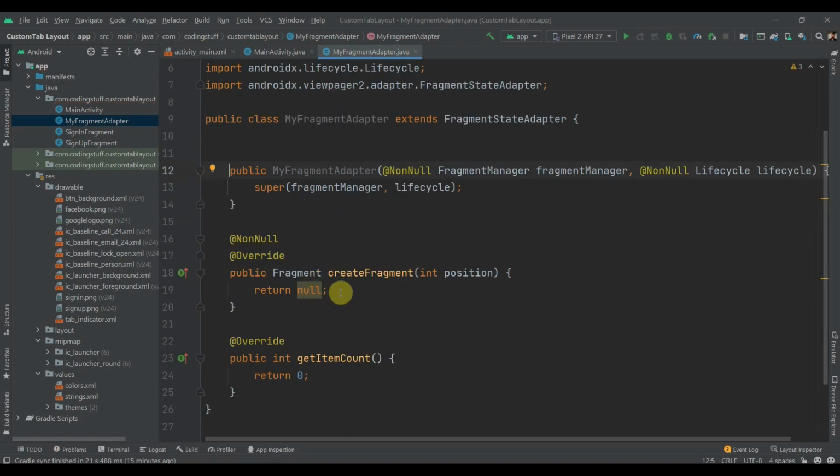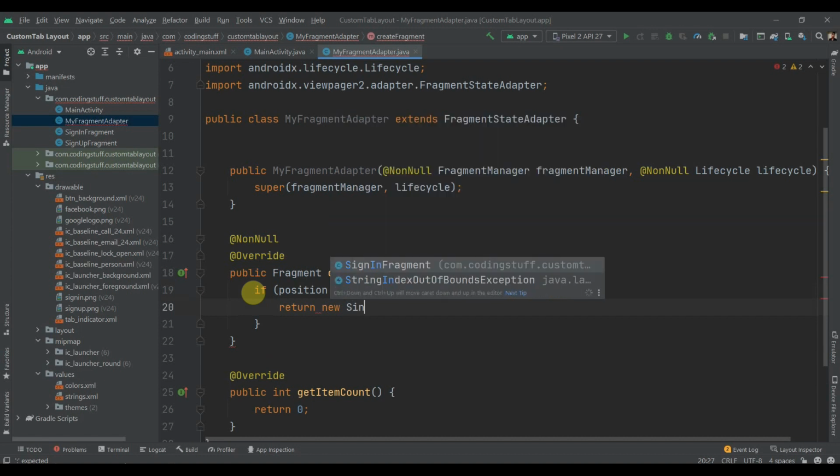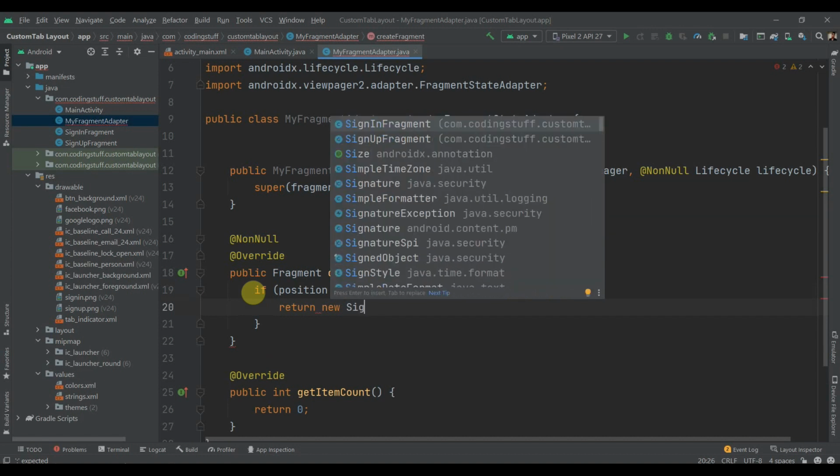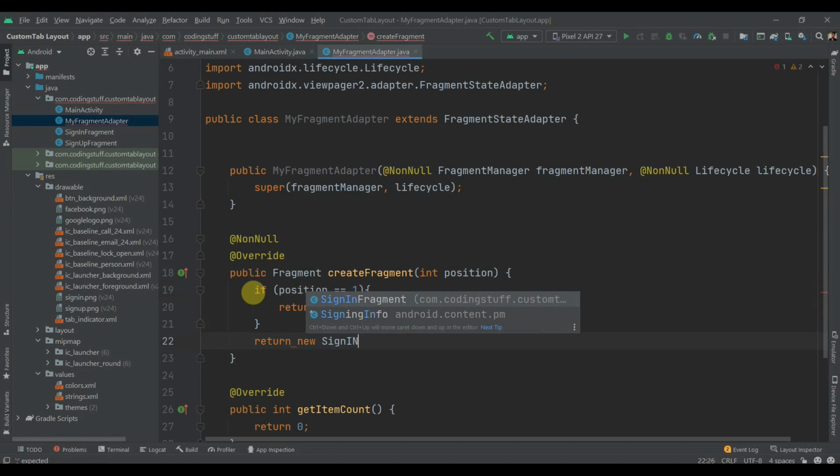Then inside createFragment, we'll remove this null, and we'll check if the position, the parameter that we get passed, equals 1. If it is 1, then return new SignUpFragment. Otherwise, always return SignInFragment.